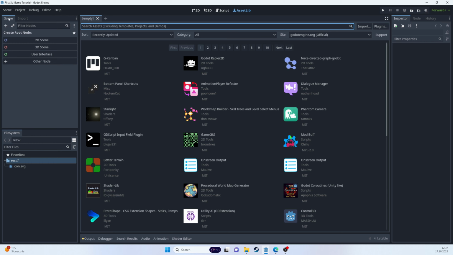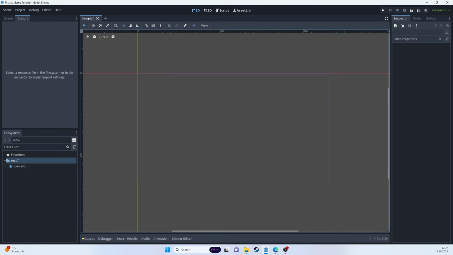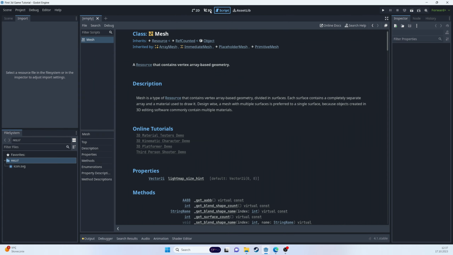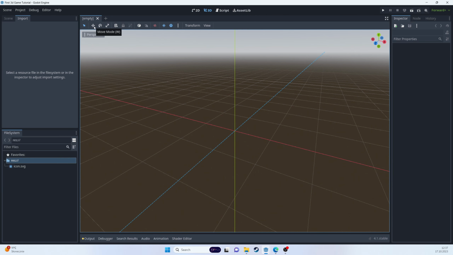Next, you have the scene going from the left again. You have the scene tab, where we'll be creating and managing our scenes. The import tab, this is useful whenever you're importing, for example, texture atlas into the project and you would like to set it up properly. Here you have the main window that, as I mentioned, changes its context whenever we press on one of the tabs above. Right here you can see the set of the tools that we'll be discussing as we'll start adding scenes and nodes. Then inspector,